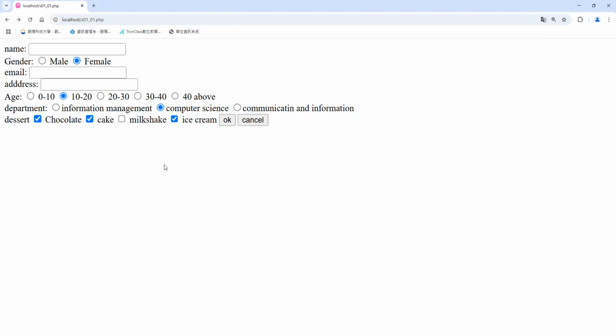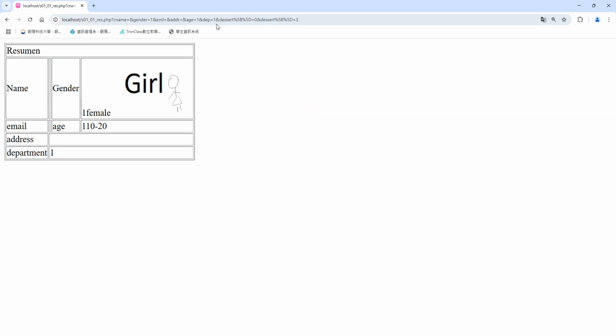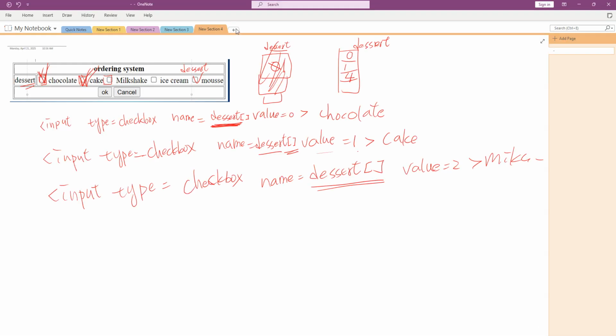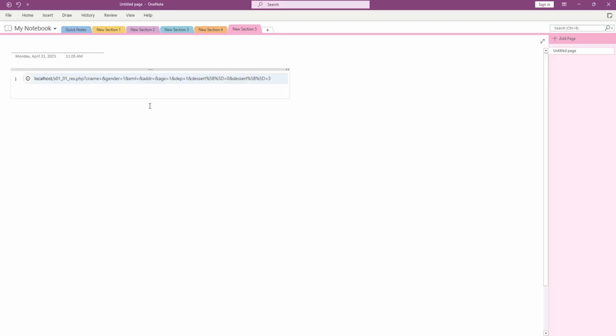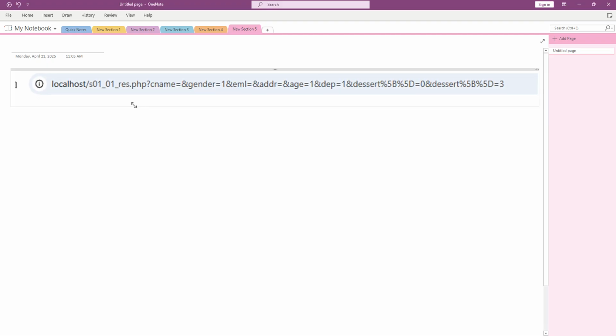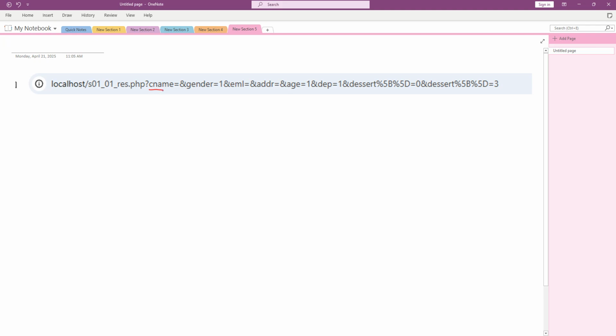So after we choose what we choose, then we press the OK. And what do you see in here? Let me enlarge it for you. What do you see? So you can see you got a CNAME, a gender, email, address, age, department, and dessert,